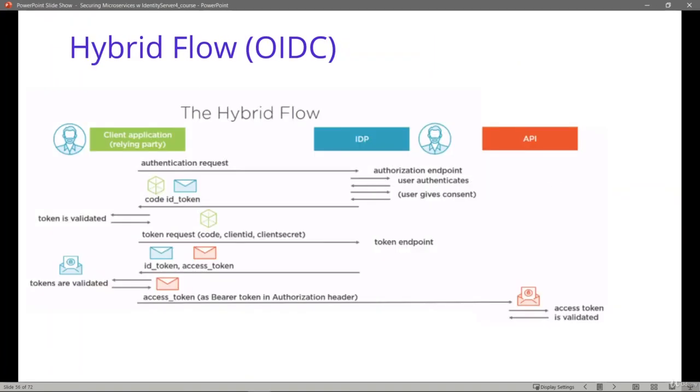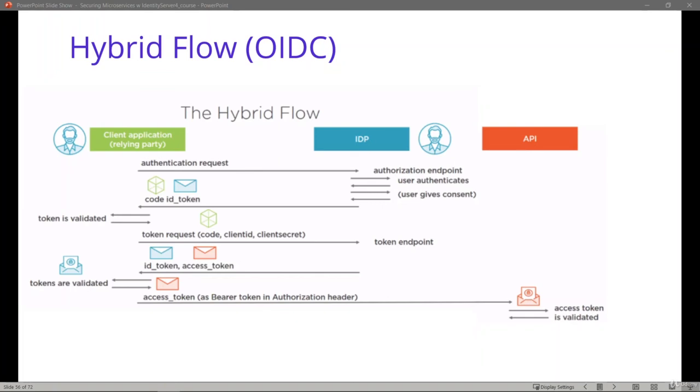In the authorization code flow, the basic flow, the client verification is made from the front channel by requiring the client ID and client secret information. Then the access token is obtained from the token endpoint and delivered to the client application using the back channel. In the implicit flow, the required tokens are generated at the authorization endpoint and the client secret information is not required for the client verification. These operations are carried out on the front channel.